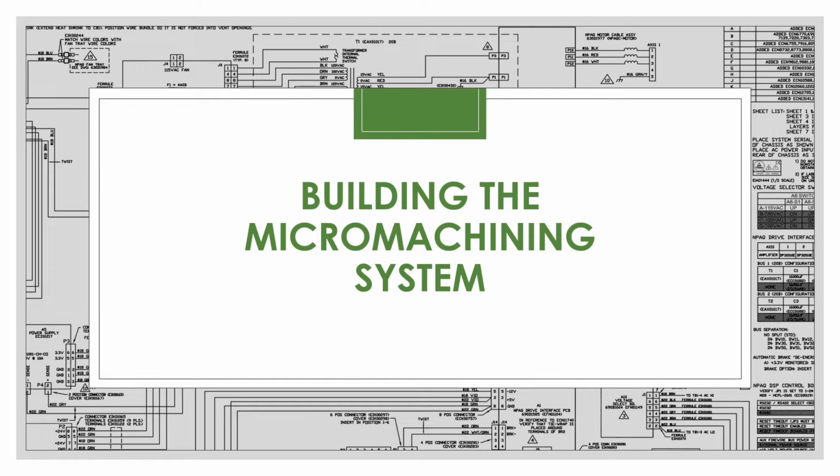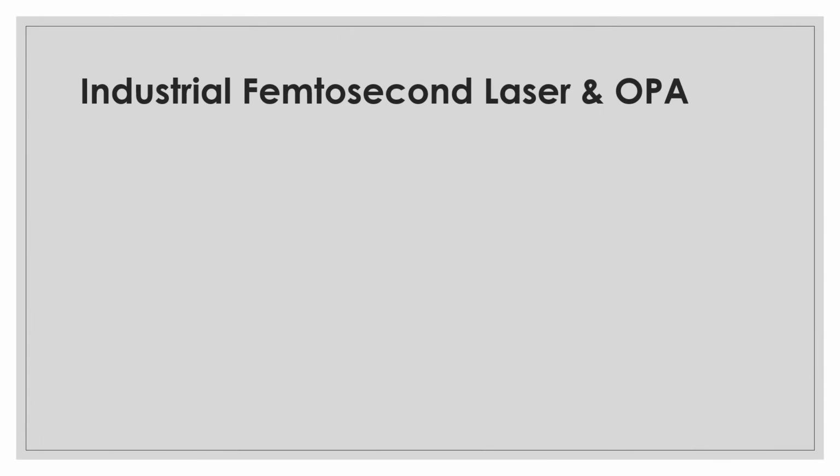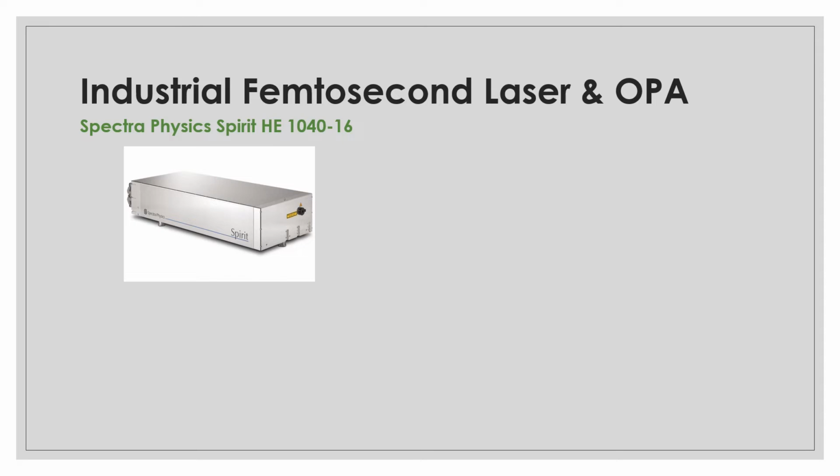So a really big part of this thesis was actually building this system. We didn't have a lot of hardware when I started out. We had the laser, which was the most important part, the hardest thing to get. What we actually have is an industrial Spectra-Physics Spirit HE, the 1040-16 model. At 200 kilohertz, it produces 16 watts of laser light, which corresponds to 120 microjoules of energy,